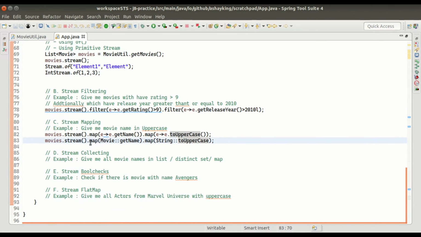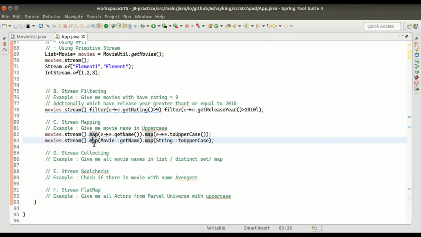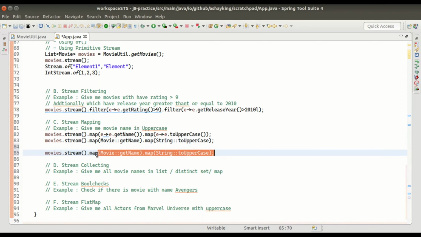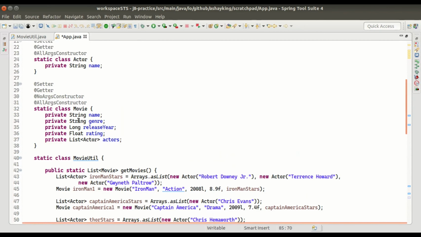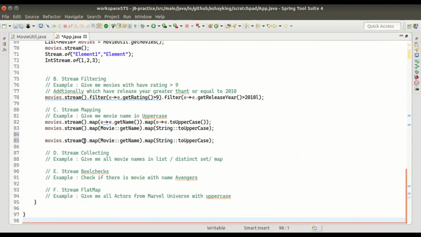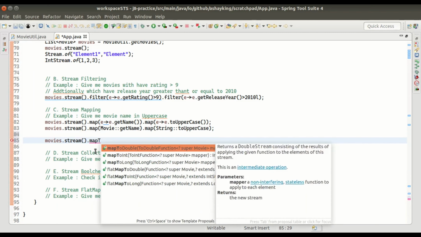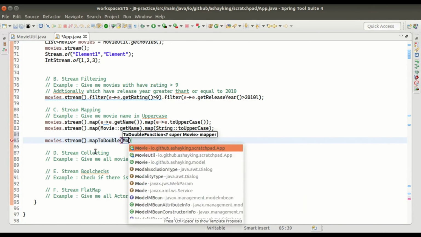If you know what data type you are going to get, let's say I was interested in rating. I know the type of rating is float. So basically I can collect this float rather than a normal class type. I will map it directly to float.